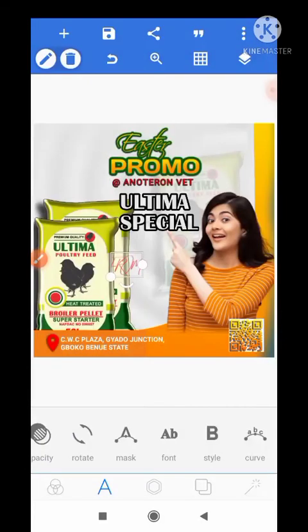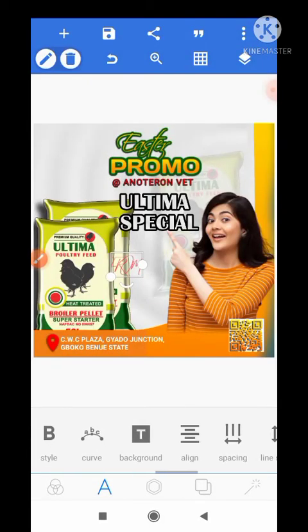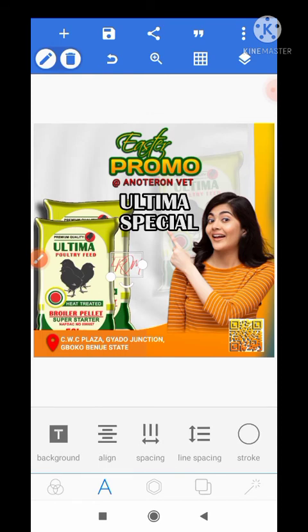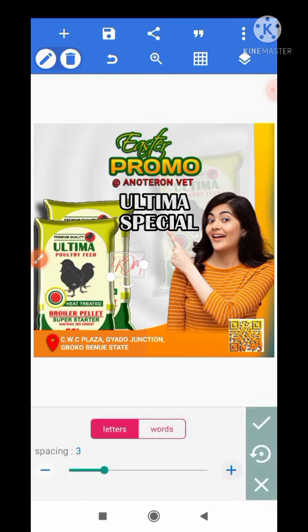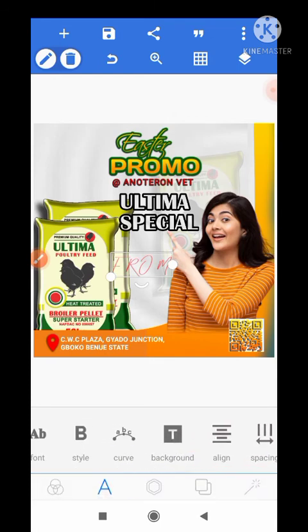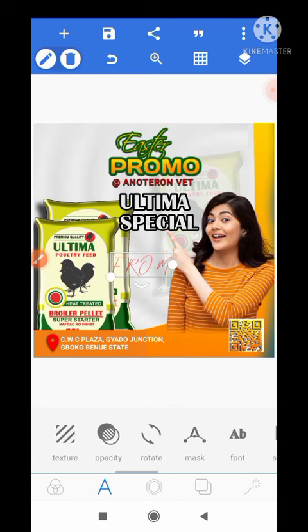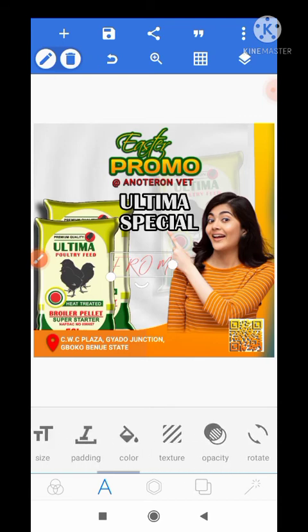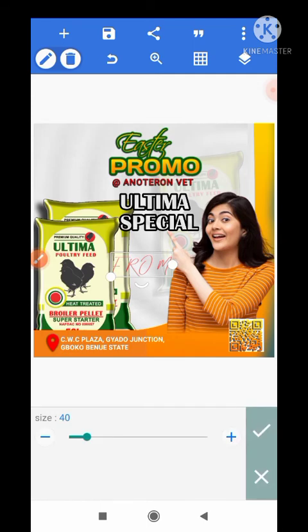So we have it there. So the next thing we want to do is to increase the spacing between the letters. So we increase the spacing between the letters like this, and we'll click on OK, and then we'll reduce the size a bit. So we'll reduce the size,